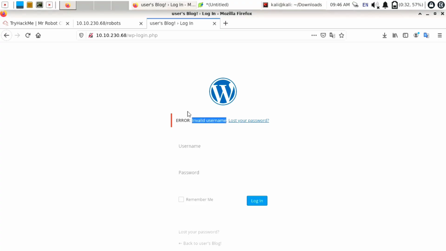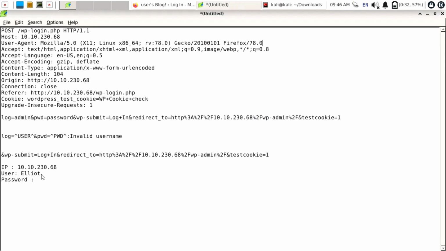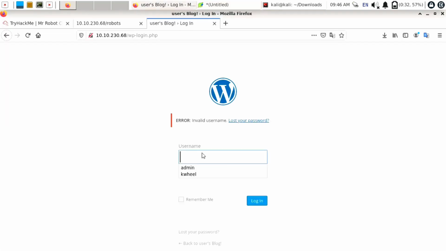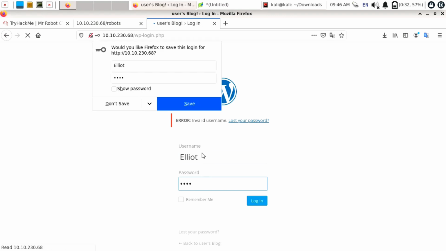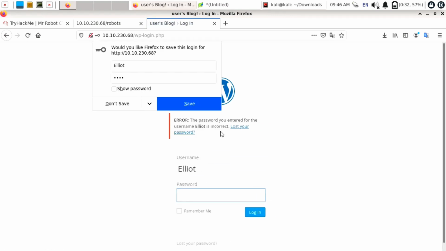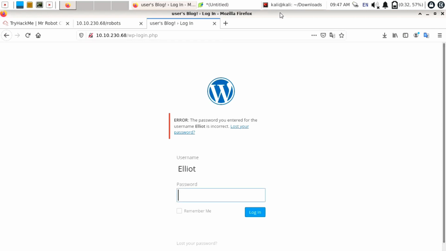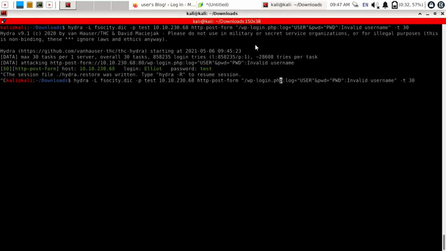Now open Leafpad and copy username and paste that username into a browser and give any password, like I am giving here test, and click on login. After entering this, you can see it is showing that the password you entered is incorrect. Previously it was showing us username is incorrect. Now it is showing password is incorrect. Means we are on right track.